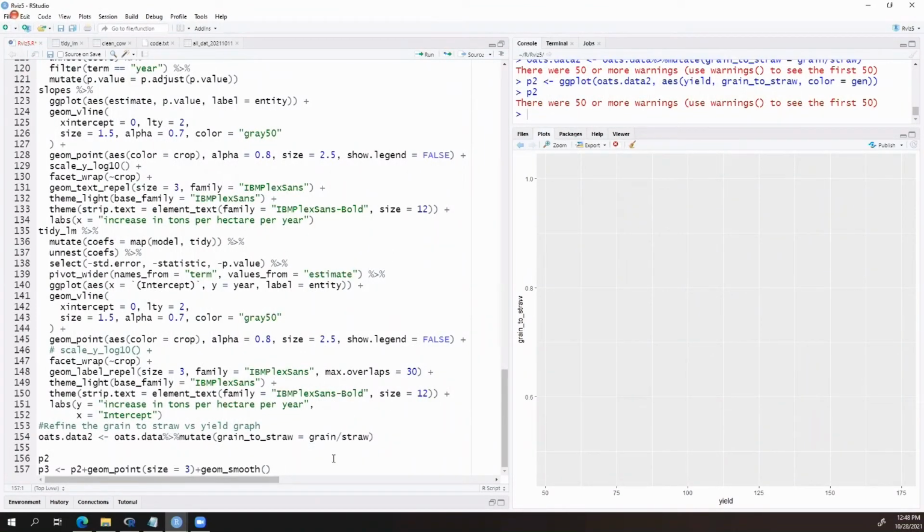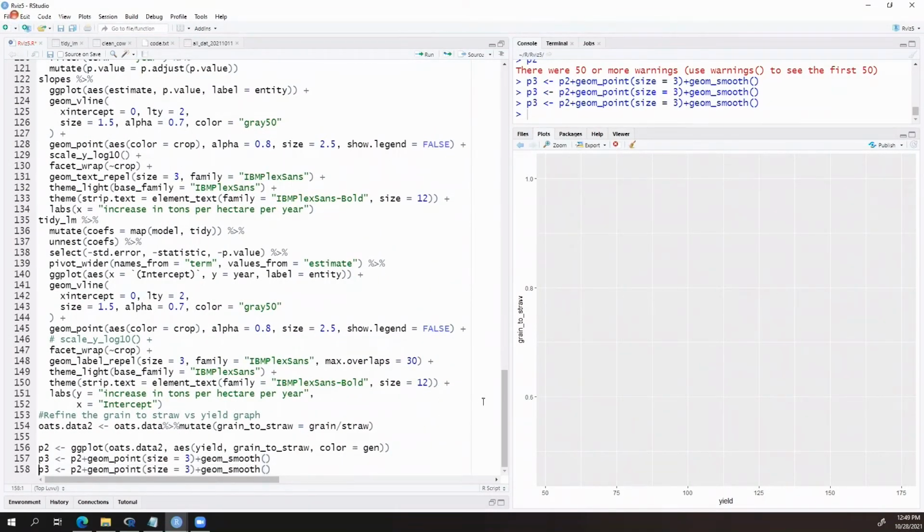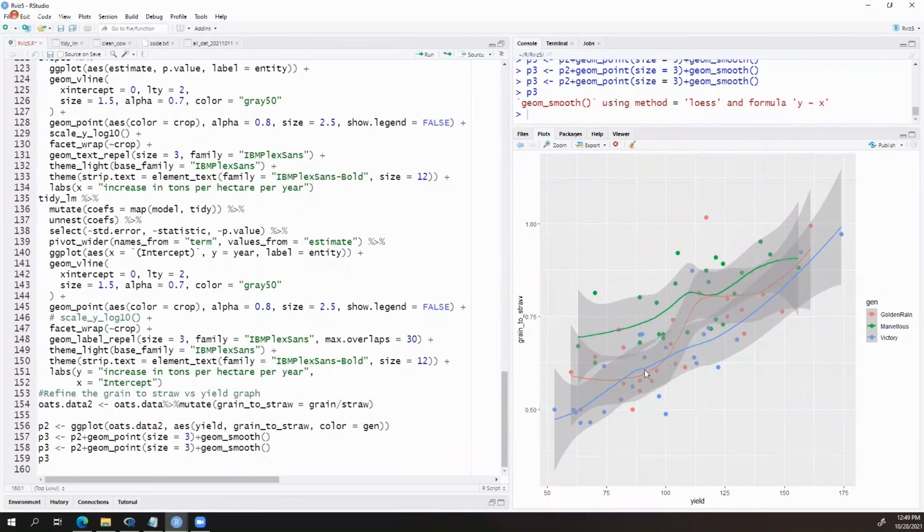Okay, we didn't give it a geom yet, so let's go ahead and do that. All right, well, we've got the axes and so on. Again, what was done here was just increase the point size, did a smooth, added color, and so on.